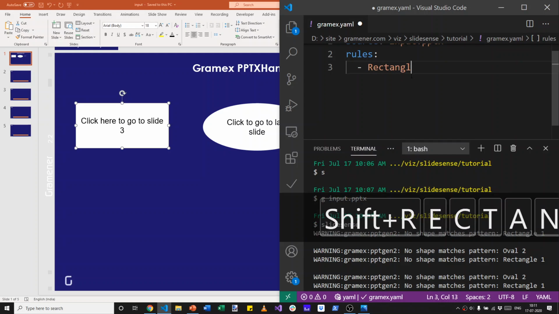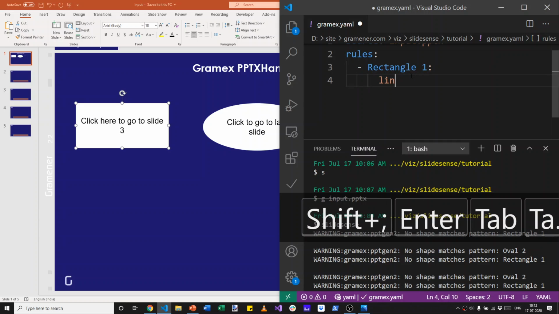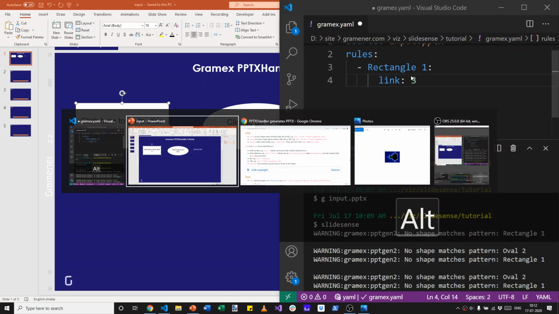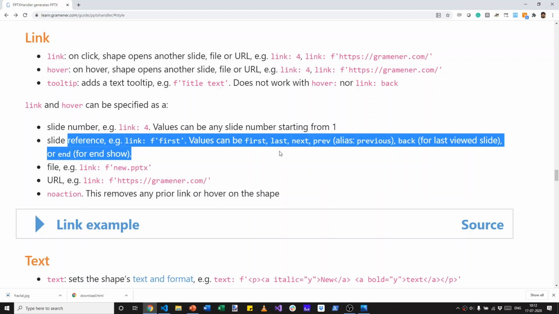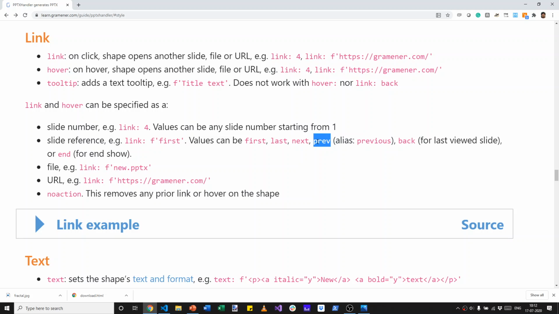For rectangle 1, we want a link that goes to slide 3. We can specify the value as a number or as a reference, such as first, last, next, or previous. Back is going to the last viewed slide, so if you jumped somewhere, then you can jump back, and end is to end the show. It can also be a file or a URL, and you can say no action to remove any existing link